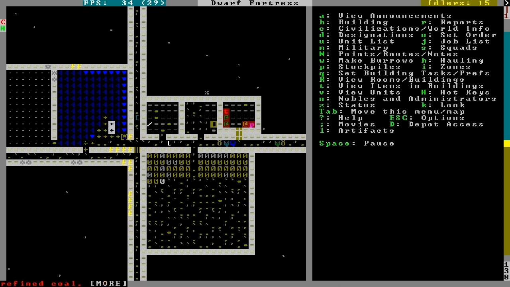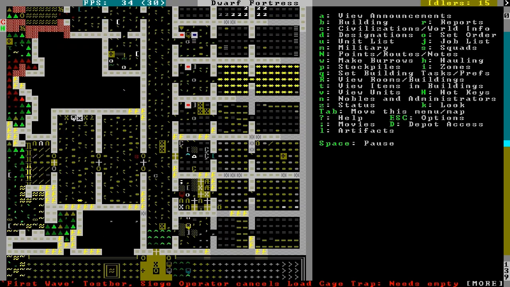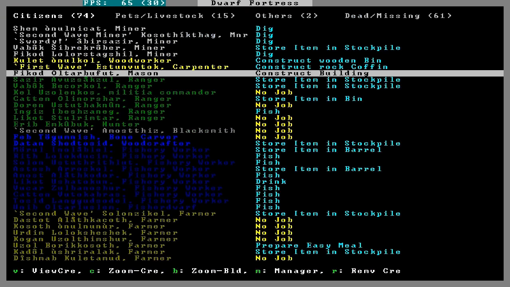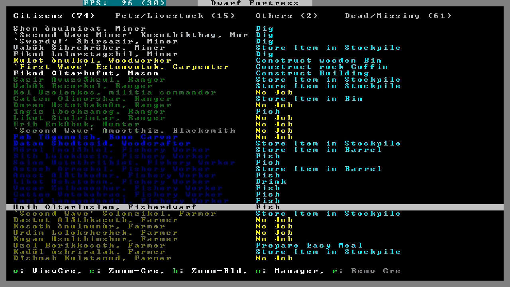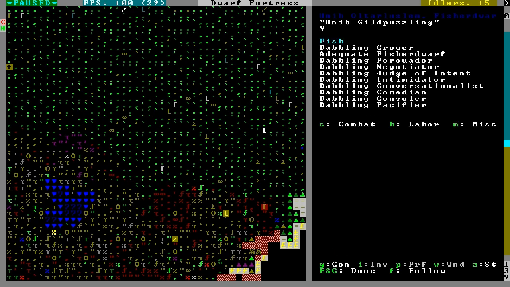Need to find coal so I'm not getting the charcoal. Yeah, because I probably don't have someone who does wood burning. Well, I'm going to use one of my 8 million fisher dwarves, I think. It's just dabbling, growing, dabbling everything. Adequate fisher dwarf. So when you're not fishing...